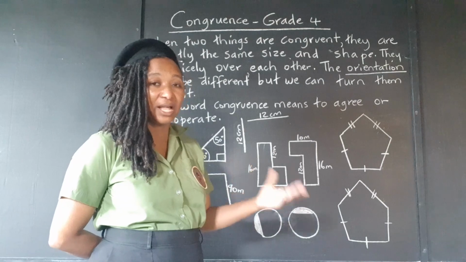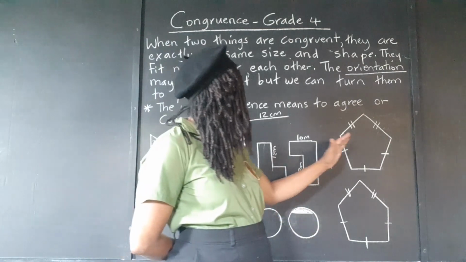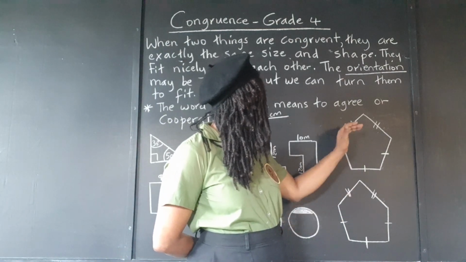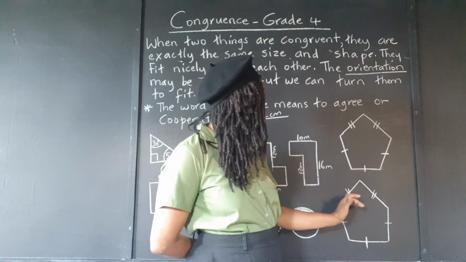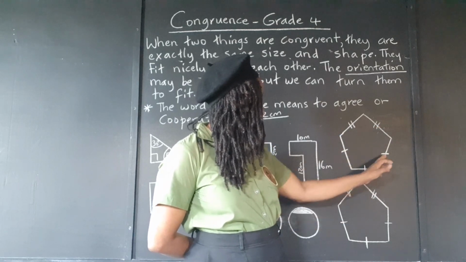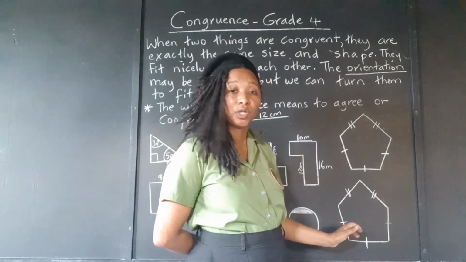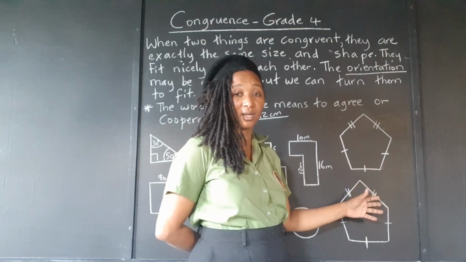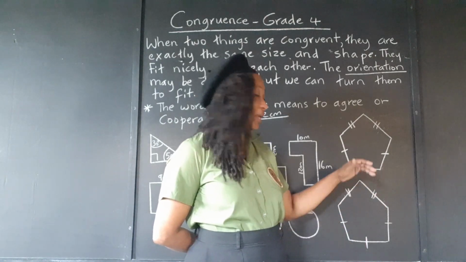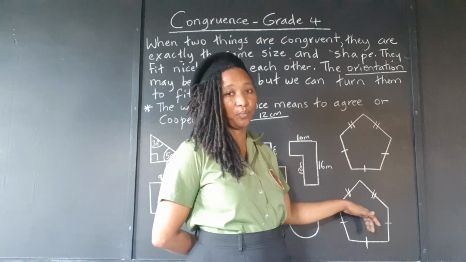We don't have anything else to go on, right? But by comparison, we're seeing two equal sides at the top, two equal sides, three equal sides at the bottom. So based on what we're given, we can safely assume that these two